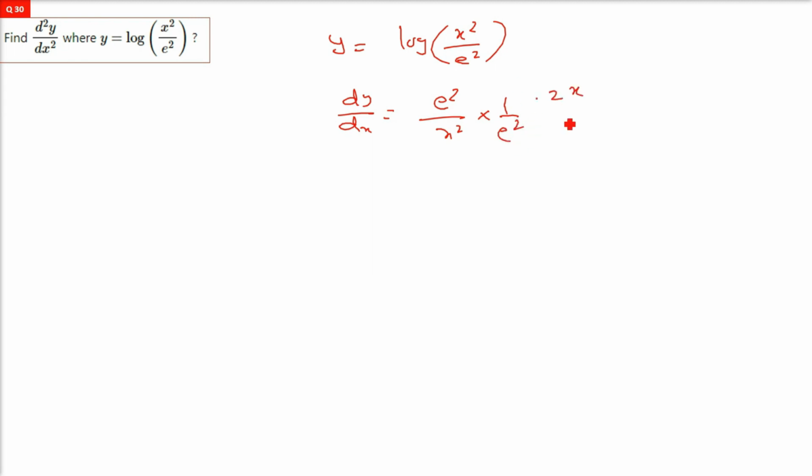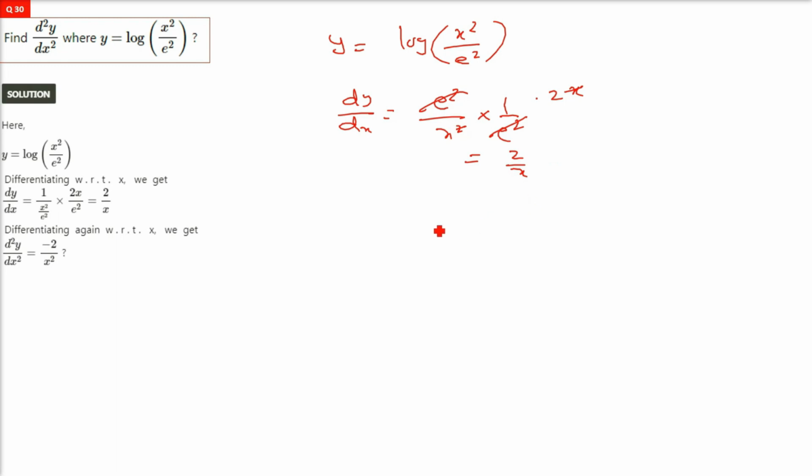Differentiation of this, see, log again, then you have to differentiate x square by e square. So e square is constant, so let it be in the denominator. X square differentiation is 2x. 1 x you can cancel, e square you can cancel, it is 2 by x, and you have to now differentiate 2 by x. So d2y by dx2 is nothing but differentiation of 1 by x, and that is negative 1 by x square. So you have 2 into 1 by x square, minus 2 by x square